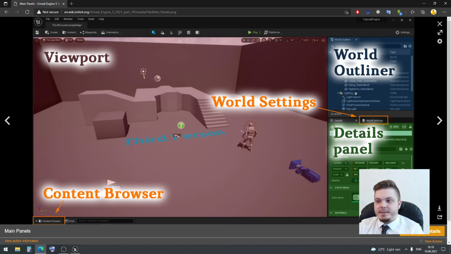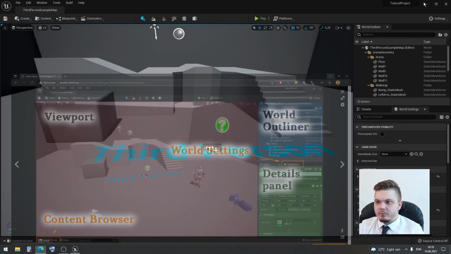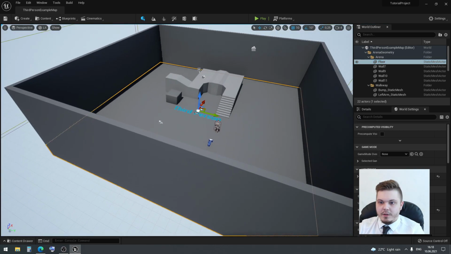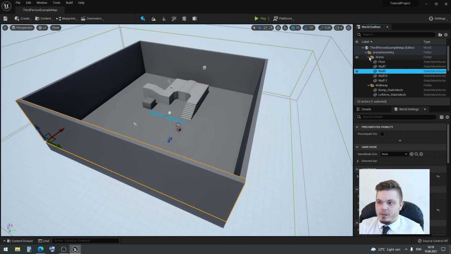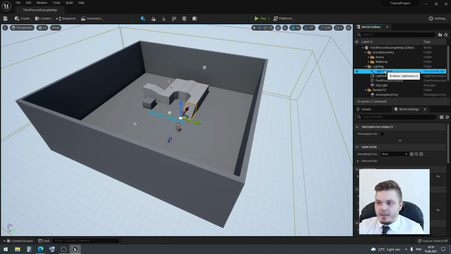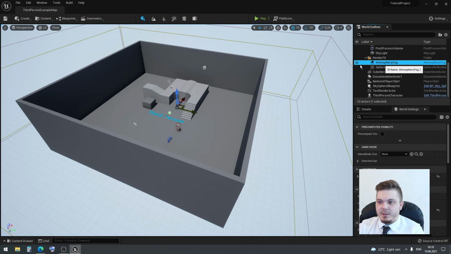Then we have the World Outliner. The World Outliner is actually a menu with all the actors, all the classes that are placed on your level by default. Actually, you can place new actors at runtime, but these are the default classes, default actors that you have in your level. In my case, it's the arena folder with the floor. It's our floor. It's our walls. We can find static meshes here. We can see here a light source, skylight, atmospheric fog, and